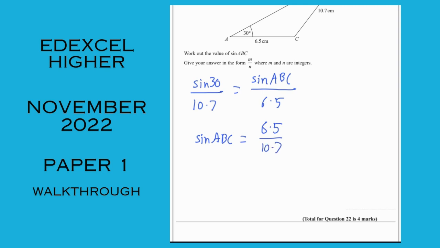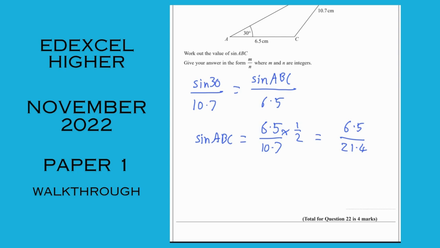And sine 30, it keeps coming up again and again. You've got to get it learned. Sine 30 is a half. So when you do top times top and bottom times bottom, doubling 10.7,